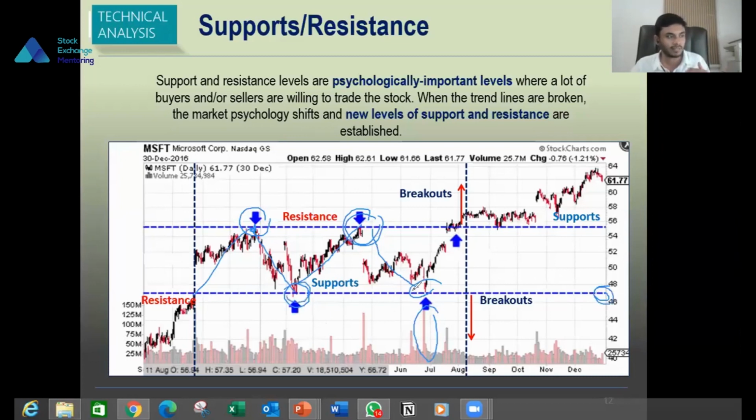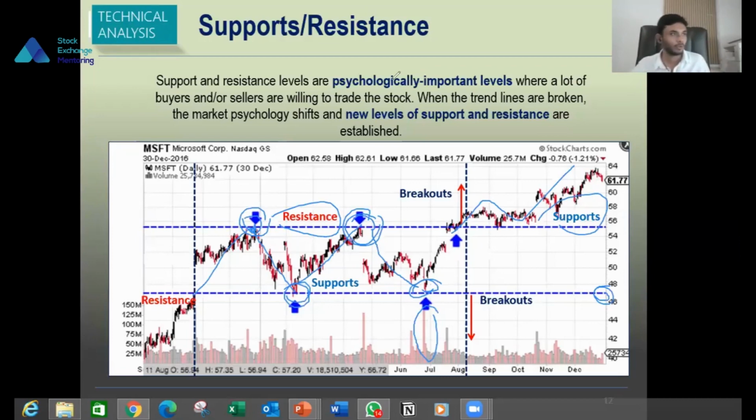Whenever it reaches these levels, there is some support, and whenever it reaches these levels, there is some resistance. But understand, these resistance and support levels don't always stay. Sometimes multiple times it might have strong resistance and support, but after that, when the market is advancing with new information or new news or new excitement, the market can break those levels and move into new levels. So when it goes to a new level, this former resistance converts into a new support. This is how supports and resistance will be useful for us to make our trading decisions.